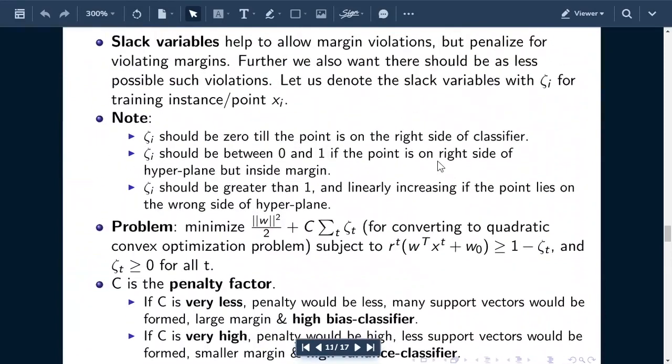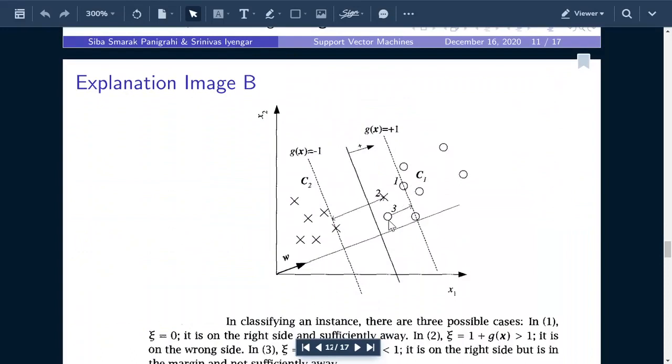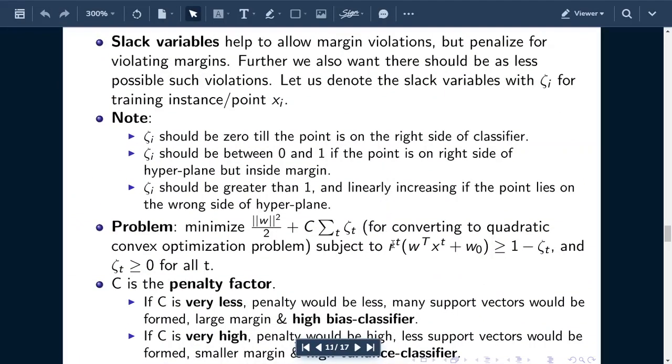So the main takeaway of this is this note which I've written. The slack variable for the points which are on the correct side of the margin even, are going to be 0. If between the margin and hyperplane but on the correct side, like I have shown you 3 in this case, it should be between 0 to 1. And for all the very bad guys, the worst of all, like 2 which are on the wrong side of the hyperplane even, we are going to penalize them with greater than 1. Cool enough? Now our constraint and everything are going to change a bit, so keep calm and okay.